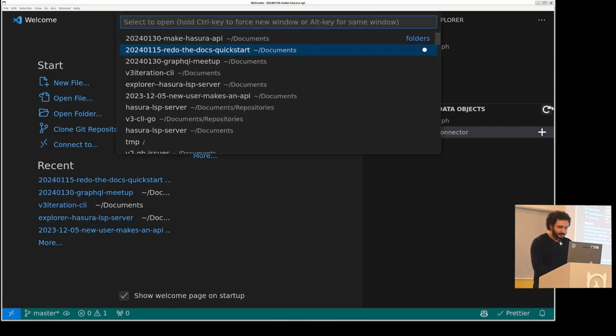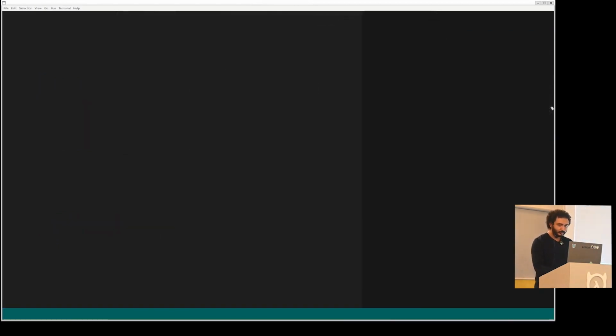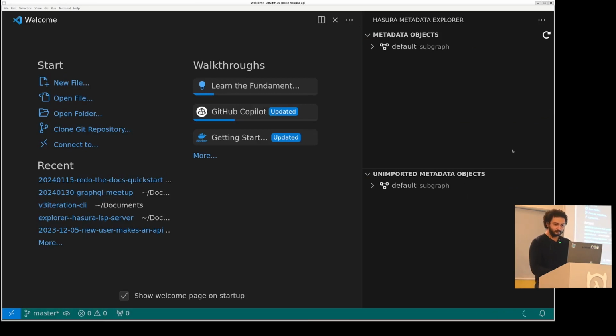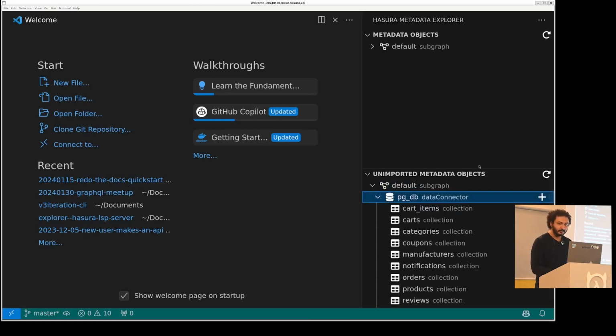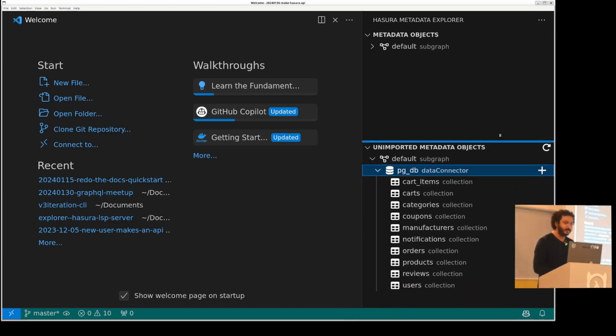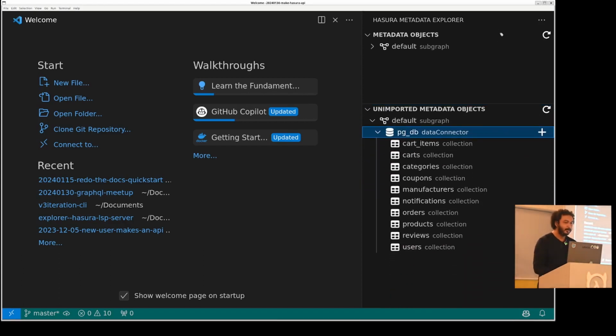Let's see if this works. All right. So what the VS Code Hasura extension is telling us now is that this database has several tables that I can bring into my API. Let me just go ahead and add all of them.